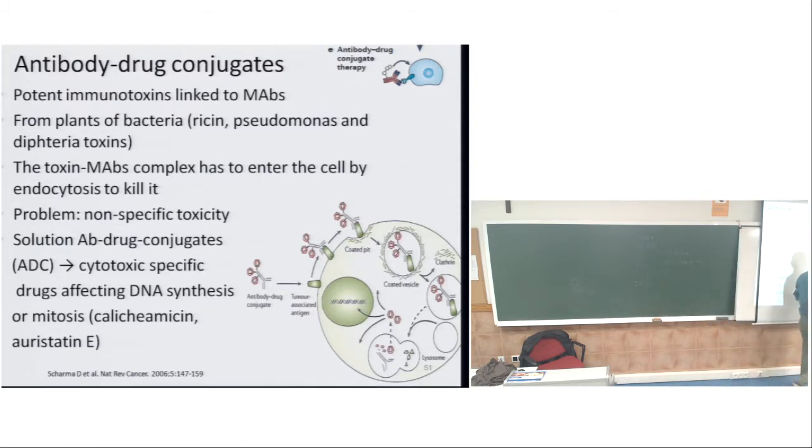So the idea is that I have a conjugate of an antibody with a drug. This is the antibody, and here you can see attached the drug. The antibody is going to recognize the wrong molecule, let's say the target, and this complex will be internalized by the target cell. In the lysosome, these components will be cleaved, will be broken, and the drug will be released into the cytosol, and this can act and kill the cell from the inside. That's the idea.